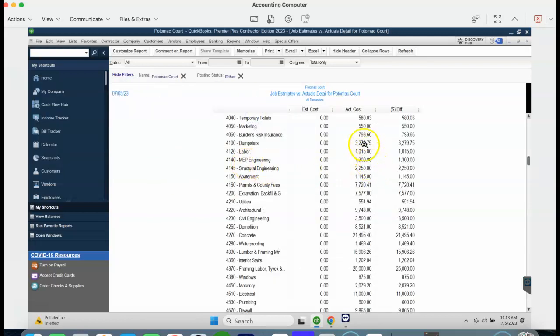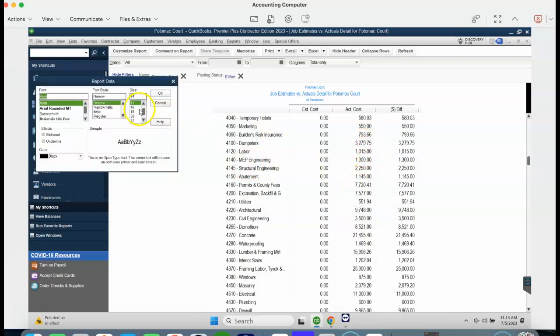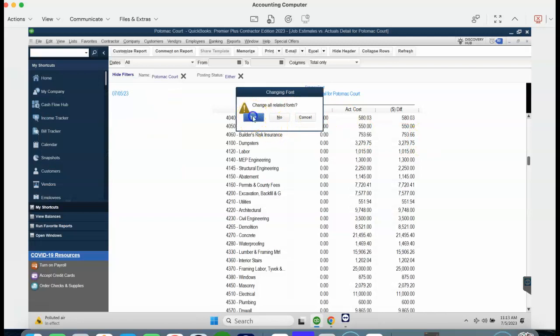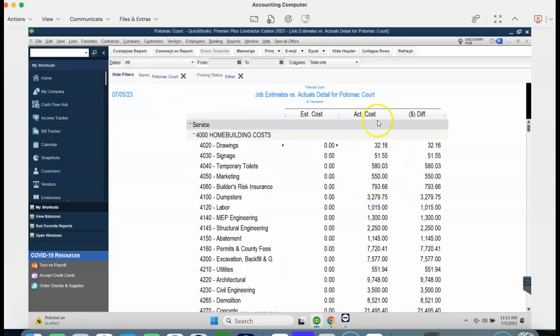So what you're going to see here is that I'm going to do that one more time, 16, let's go 18, make it even easier. Okay, so what you're going to see here is your actual cost is right here, your estimated cost is right here, and you're going to see your differential. And the reason why you're seeing there's no variance reporting is